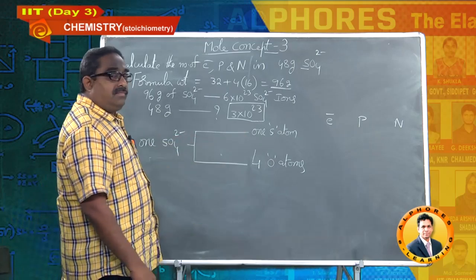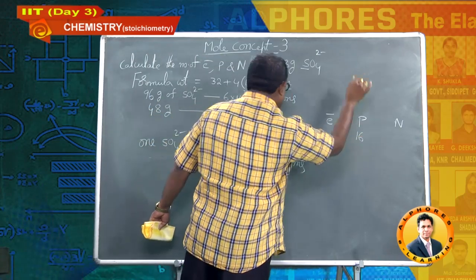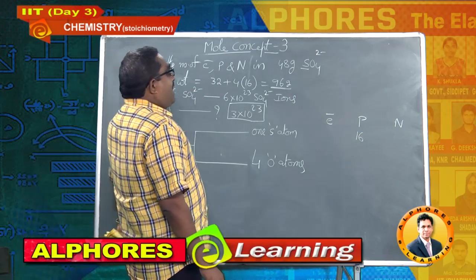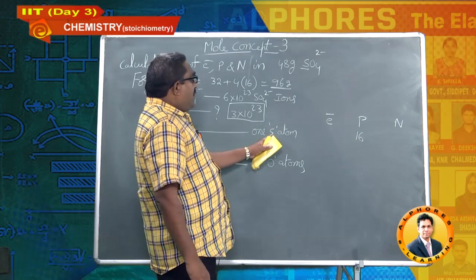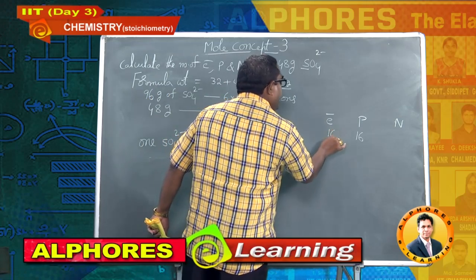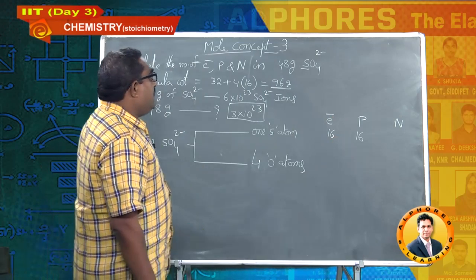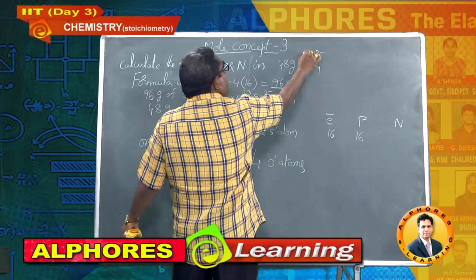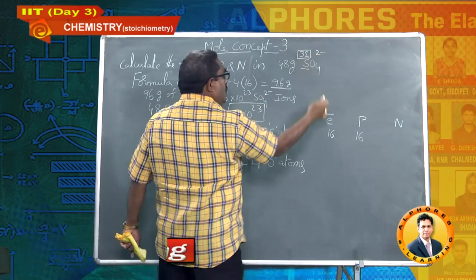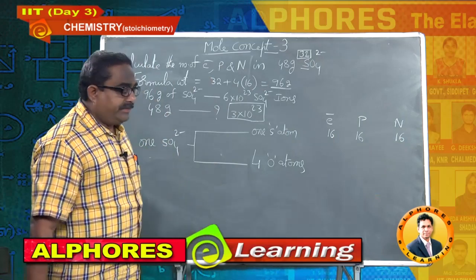One sulfur atom, atomic number of sulfur is 16, so I can blindly write 16 protons. And if it is neutral sulfur, yes, it is 16 electrons for a neutral atom. Number of protons and electrons are the same. Sulfur mass number, nothing is mentioned, by default it is 32, no doubt. So 32 minus 16, A minus Z, again 16 neutrons, students.